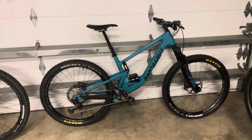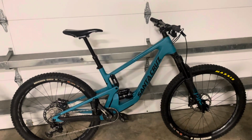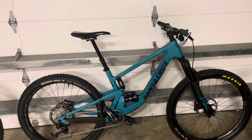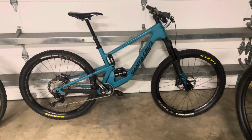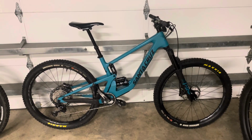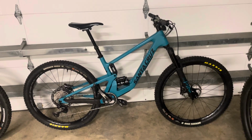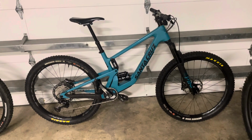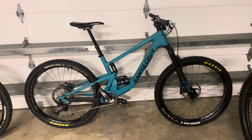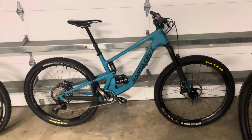This is a carbon frame with an XT build, XT components all around, and I've never had an issue with this bike. I go up to North Carolina in the summers, ride Cayuga, DuPont, been over to Tennessee. This bike has never let me down. Even just being a 27.5 in the mountains, never had an issue. And I'm hitting the Cayuga jump lines over there and everything. This thing is